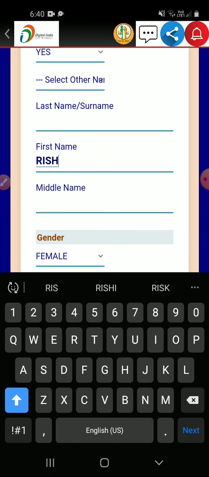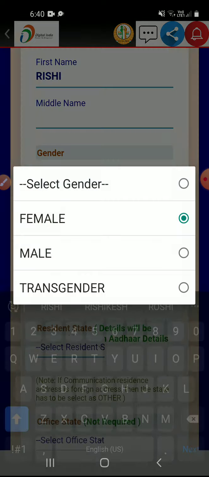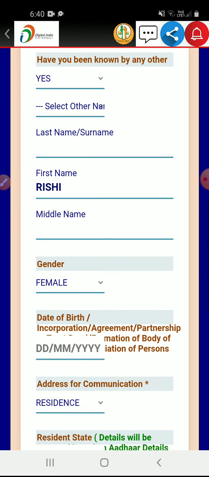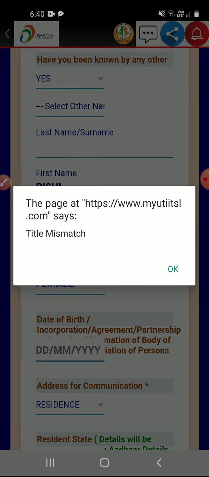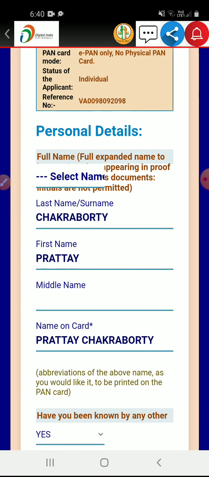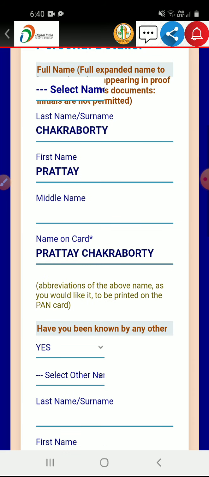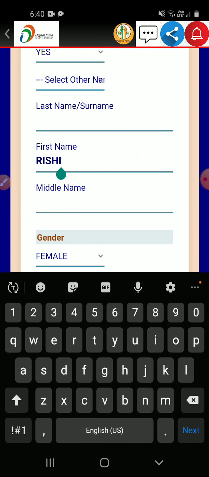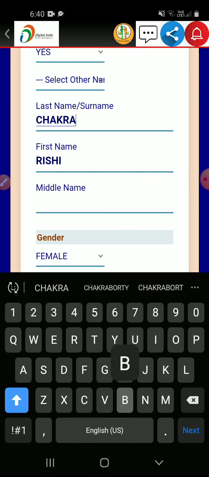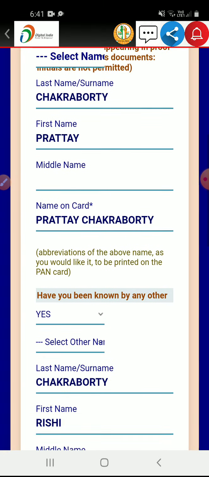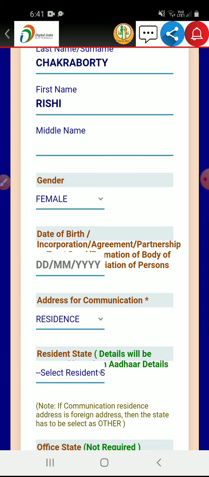I am giving it simply here, and for gender I am giving male. I have not given the title here. I have given the title, and they are showing an error, I think for the internet connection.